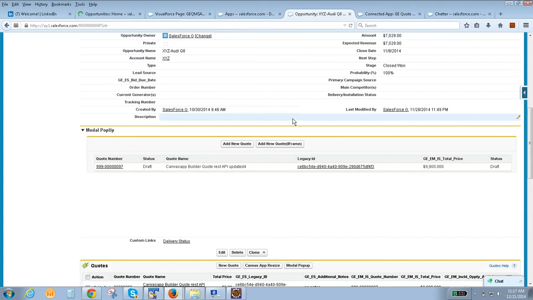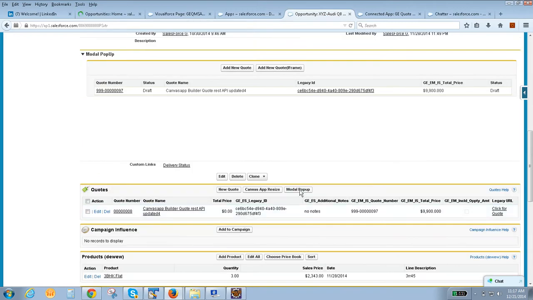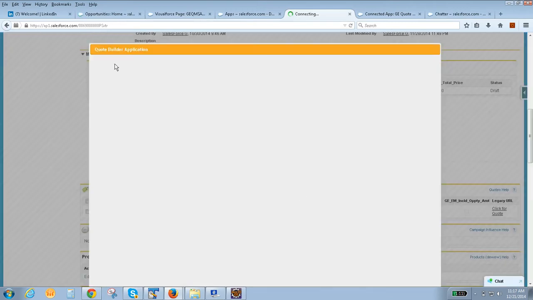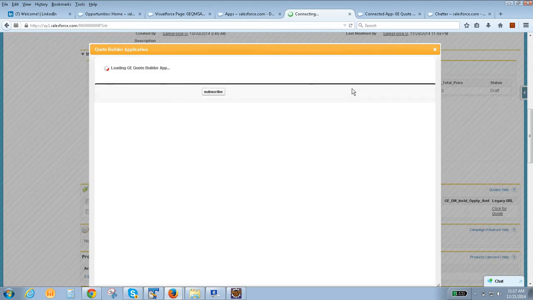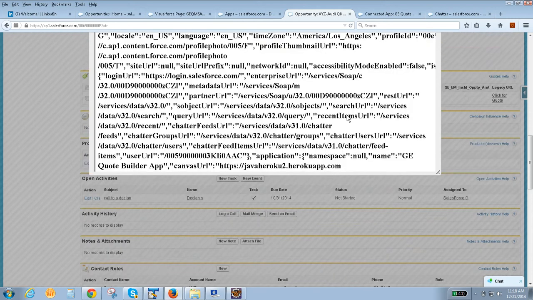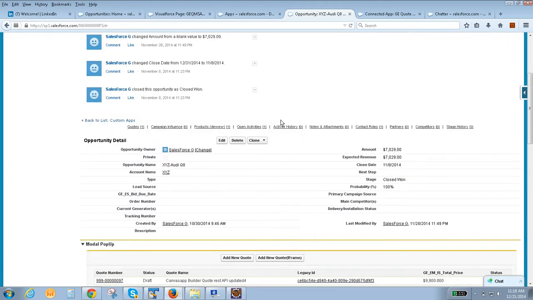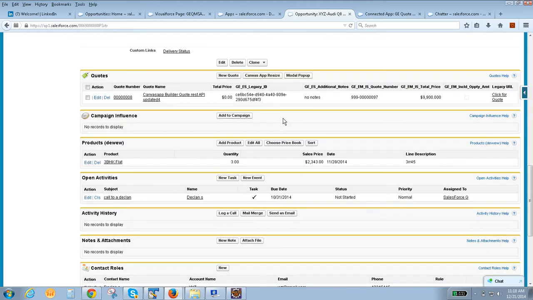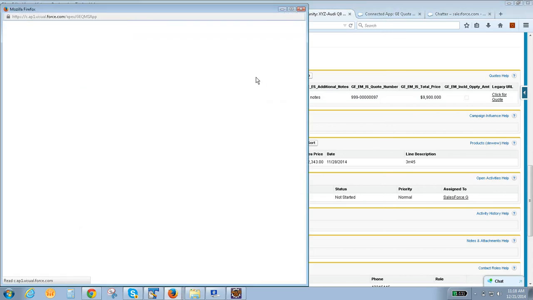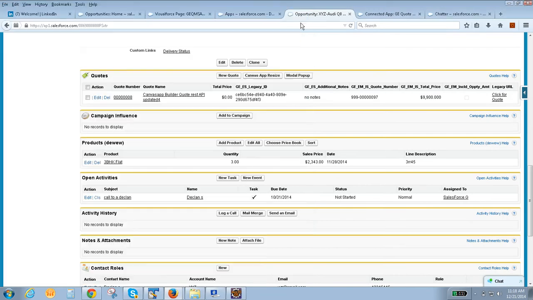Now, the modal pop-up. The same thing, it is nothing but a look and feel. So I have copied the same setup code into that particular custom button, where it will open like a modal pop-up. The user can't go to the parent page without closing this. Those are additional things we developed for one of the clients. Clear?